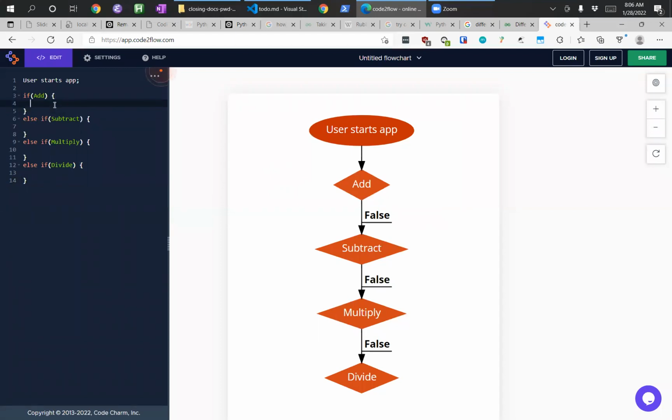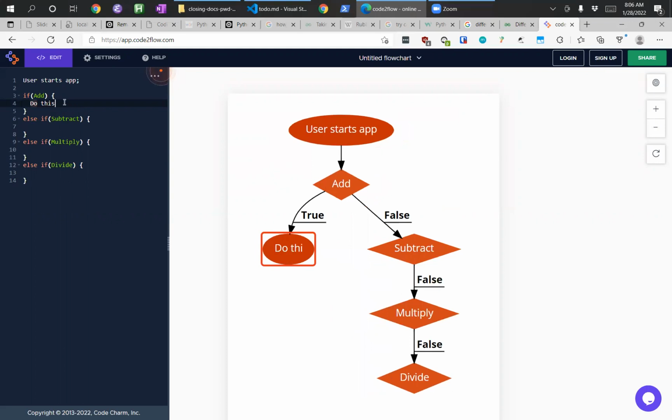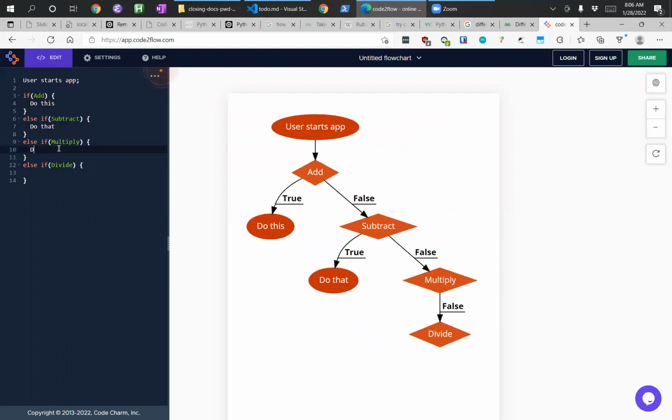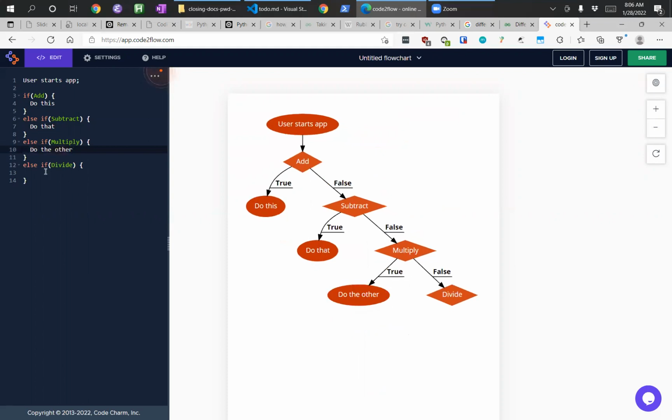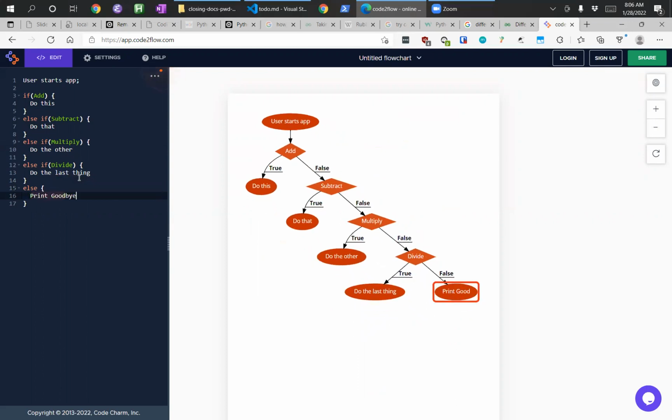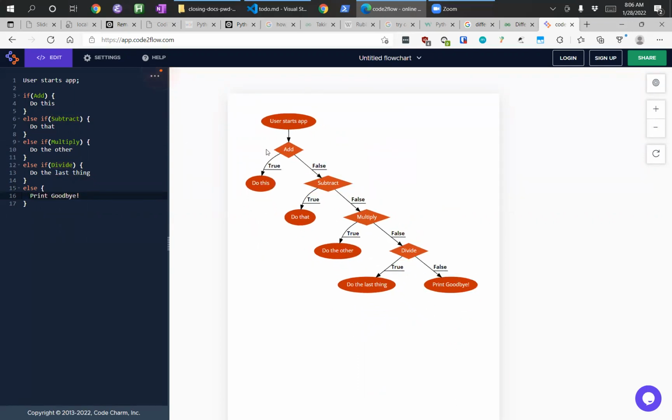So, build out a tree here. All right. Of course, I'm not actually giving it useful things here, but this is what the code in our application does. And then if we put the else here, goodbye. That's what we made our application do.